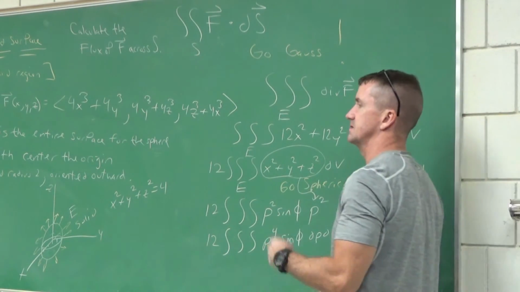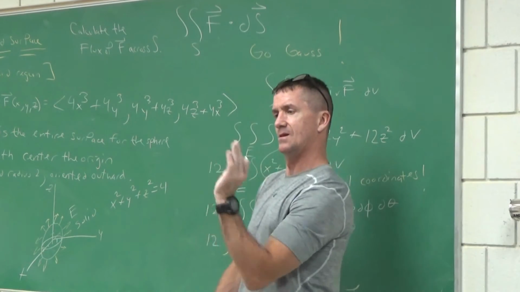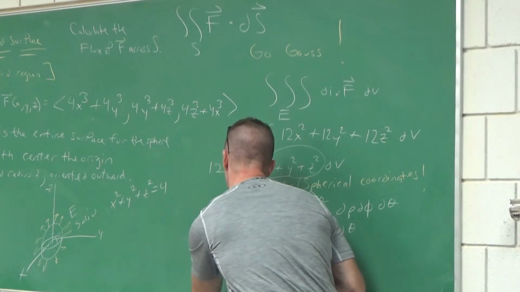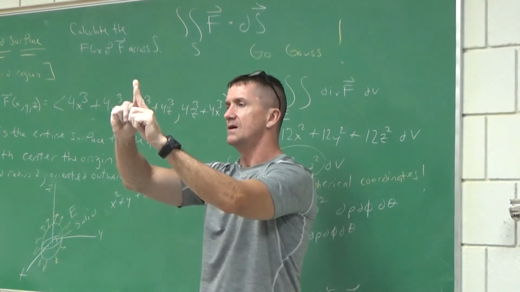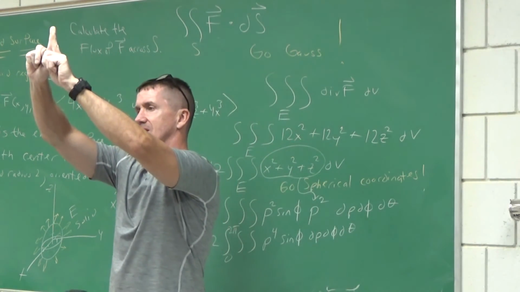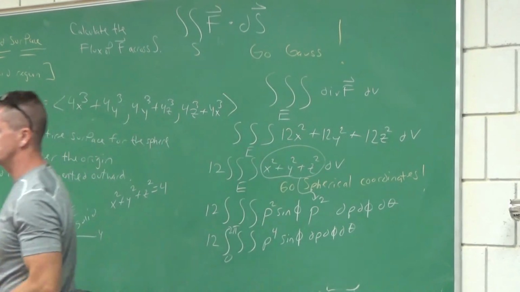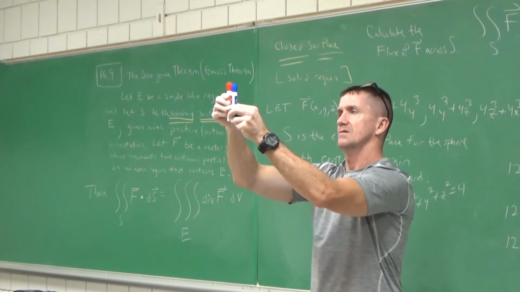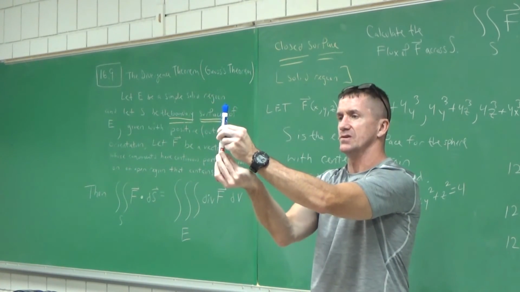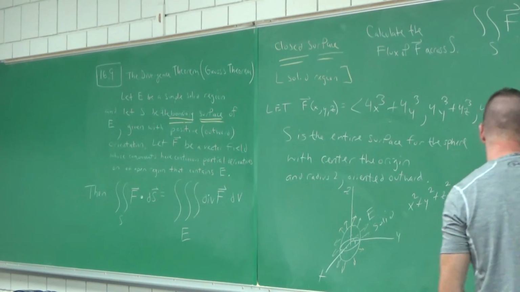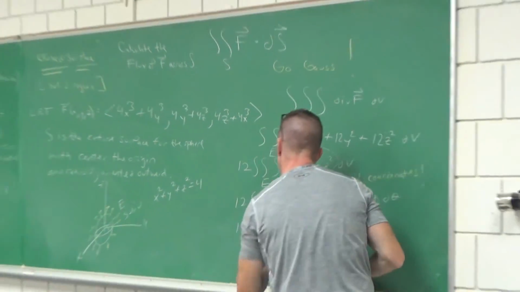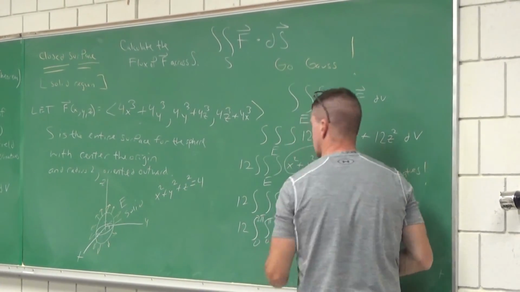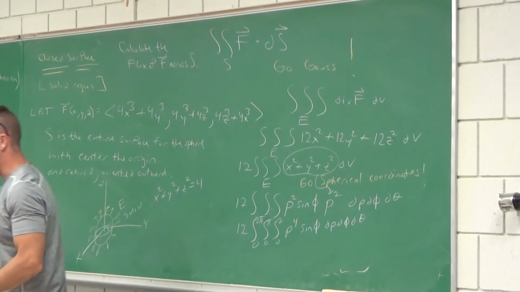Now let's start with theta. What's theta? 0 to 2 pi. We haven't done this in a while. What's phi? Phi equals 0 up here. I'm going to go from phi there. Maybe I should use my markers. Yeah, very good. All right. Phi equals 0. Open it all the way up so you get the entire sphere. 0 to pi. What's rho? 0 to 2. The radius was 2.